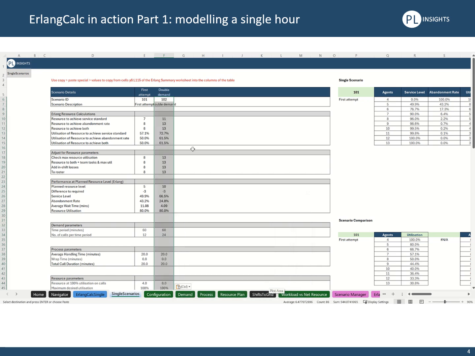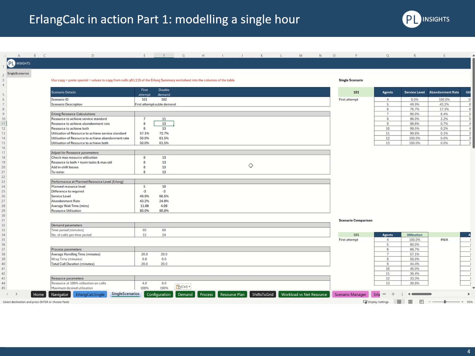There we go. So you can see that whereas we needed 7 to get a service level, it's now gone to 11. To achieve the abandonment rate, 8 went up to 13, and we're getting a higher utilisation. That's quite significant. It's what's known as an economy of scale. It means that if, for example, we had 2 different teams handling the same work, if we blended them into one, then rather than needing 2 lots of 8, we'd now only need 13 people to deal with the same